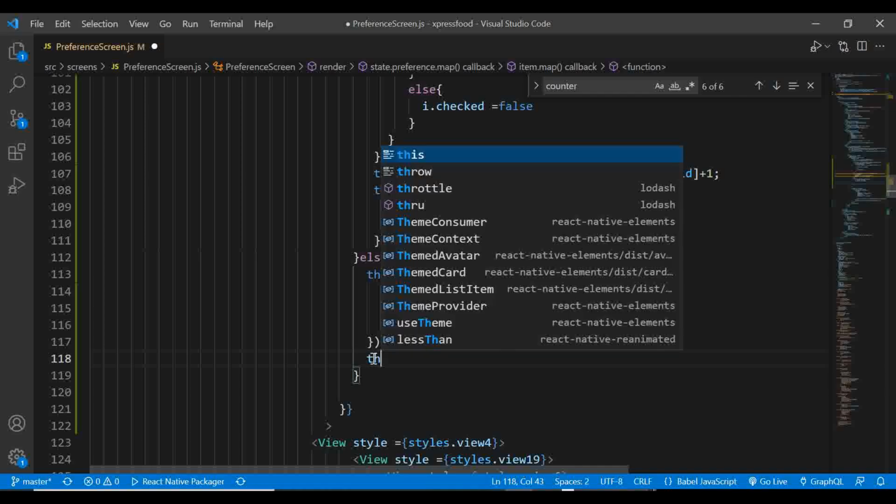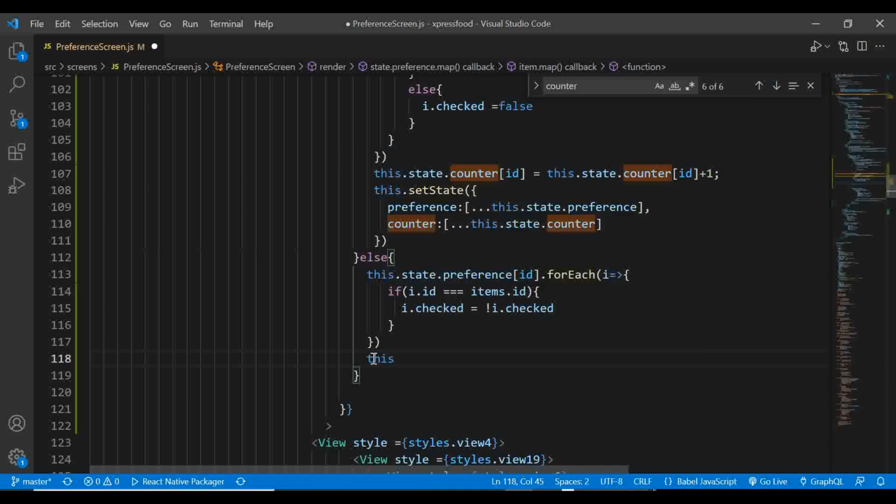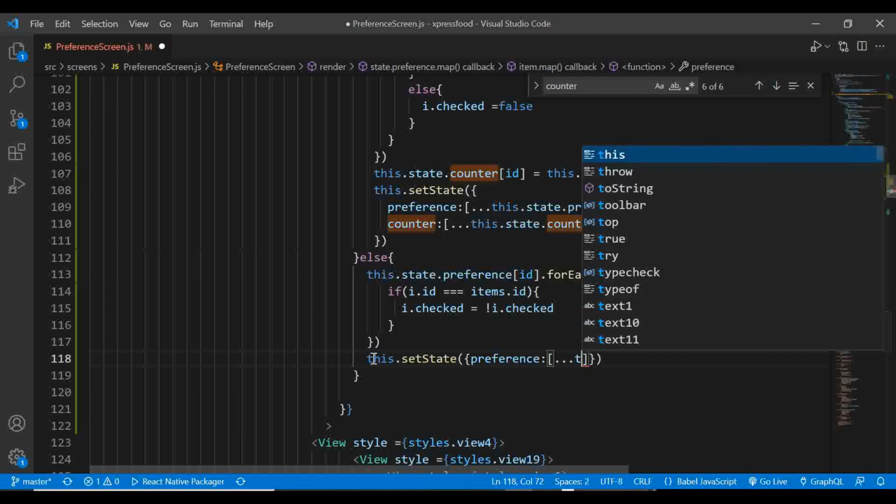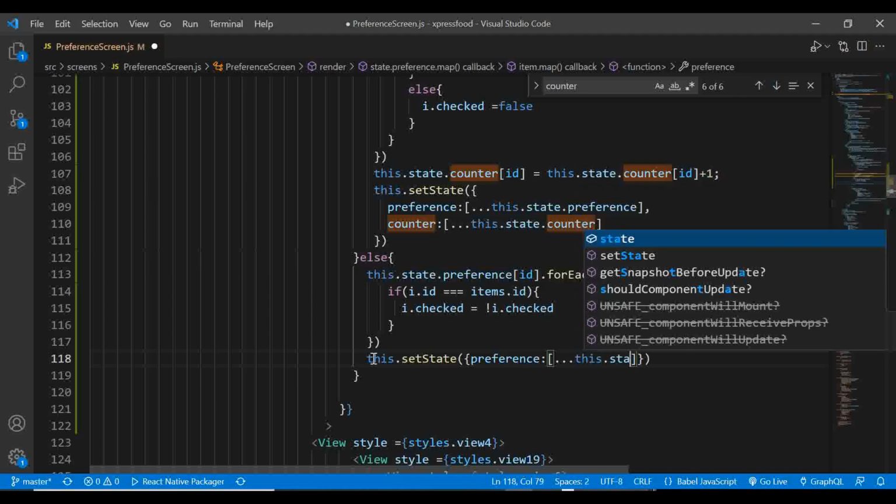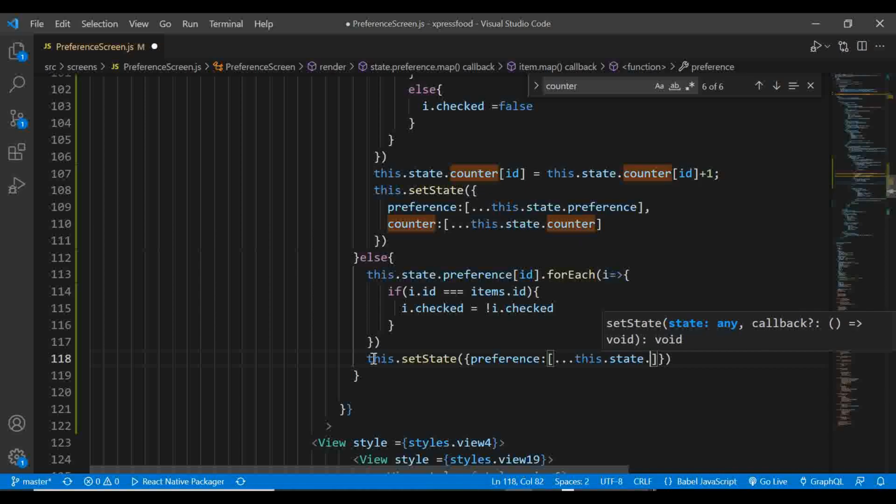So we're gonna say this.setState, then we pass the preference object, give it the new values, apply spread operator, this.state.preference, like that. Okay,